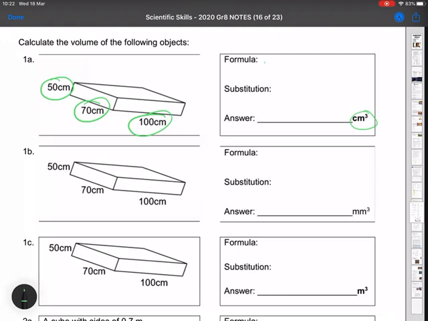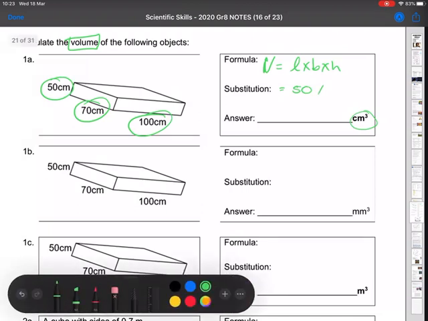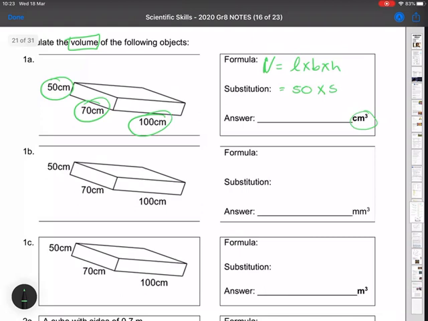So formula for the volume of a rectangular prism. Sorry guys, not area. I keep saying area, it's volume. The volume of a rectangular prism is length times breadth times height. Our length is 50. The substitution step is where you actually substitute the numbers into your formula. You have to always write a formula, then you have to write your substitution step, and then your final answer. If you just go straight to the final answer, you will lose marks. So 50 centimeters by 50 centimeters by 50 centimeters will give us